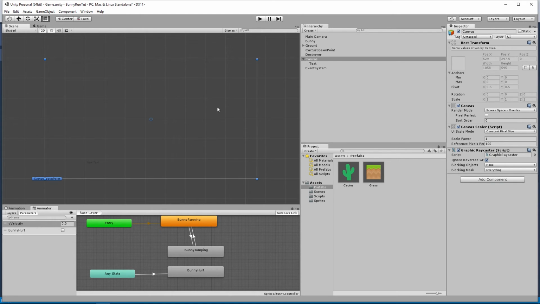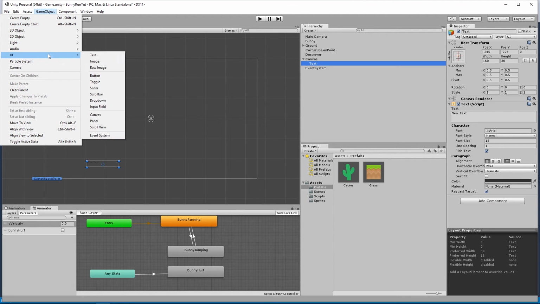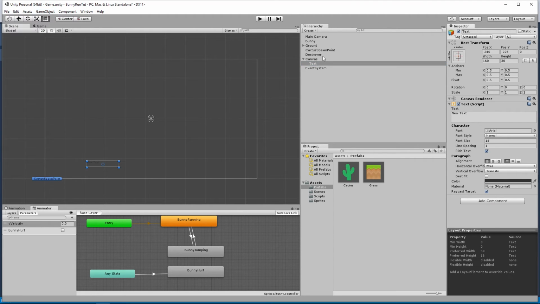So the first thing we're going to do here is take our text object that was created. Once again, that was by going Game Object, UI, and selecting the text object, and it's contained by the canvas object that Unity automatically created for us. So we take our text object, and we're going to rename it to text score,